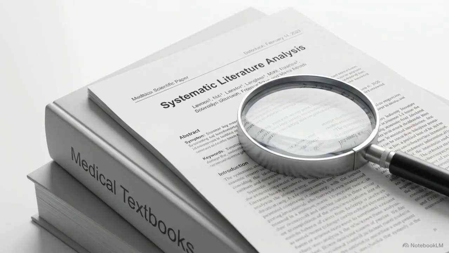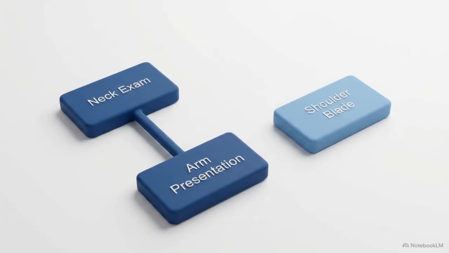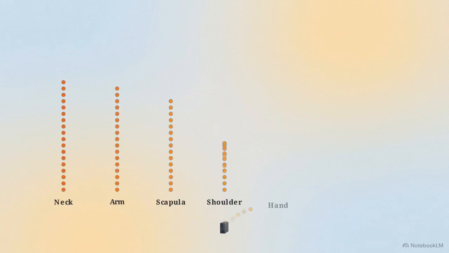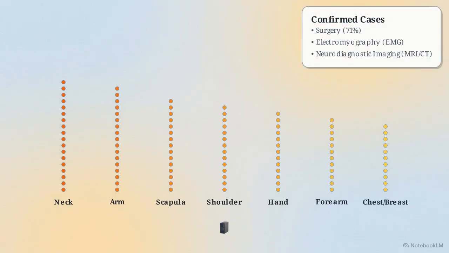A 2025 scoping review analyzing 86 independent studies reveals a serious flaw in that diagnostic filter. By requiring classic arm pain to trigger a cervical radiculopathy protocol, clinicians are missing the actual onset of the condition, delaying correct treatment. To understand the actual presentation of this pathology, researchers extracted data from 81 papers that mapped specific regional pain distributions in confirmed cervical radiculopathy cases.